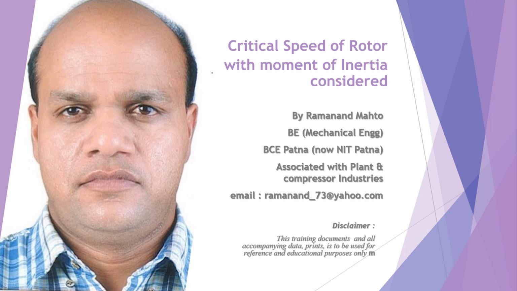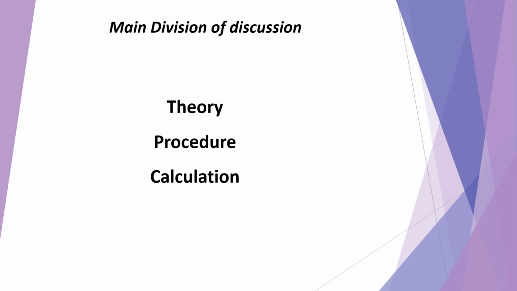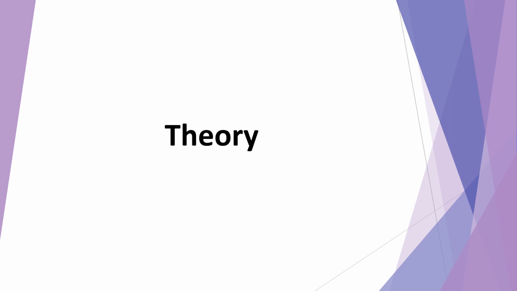But the moment you consider the mass moment of inertia of disk, we can now have rotating and non-rotating types of critical speeds. So let's begin the discussion and understand the calculation part of critical speed. The main division of discussion has been three categories, that is theory part, procedures and calculation. So theory part,